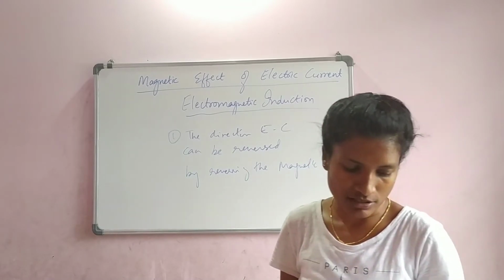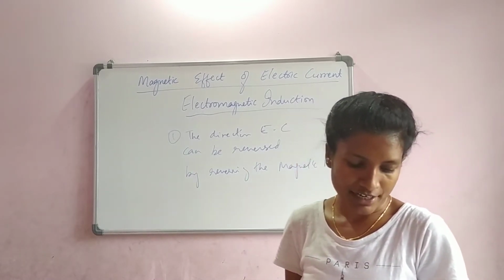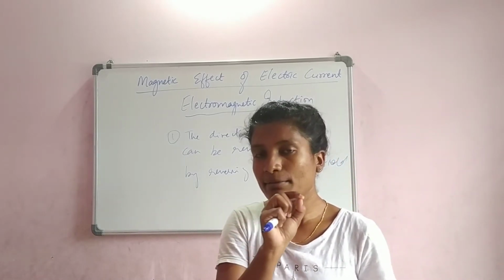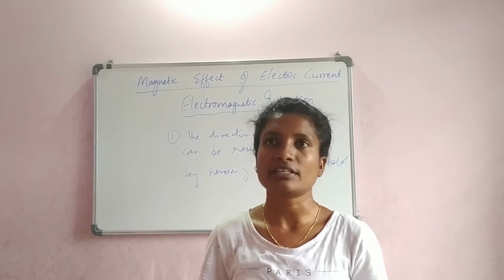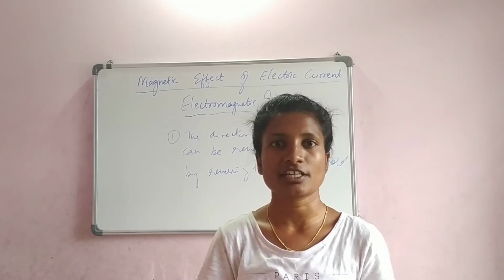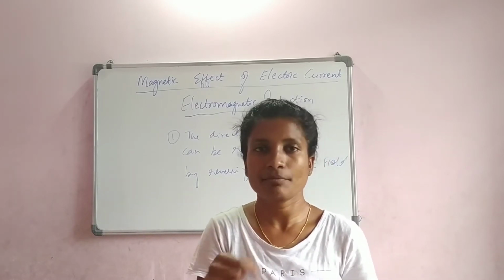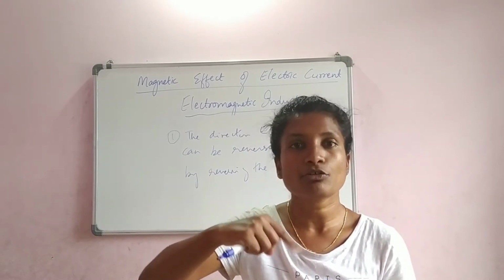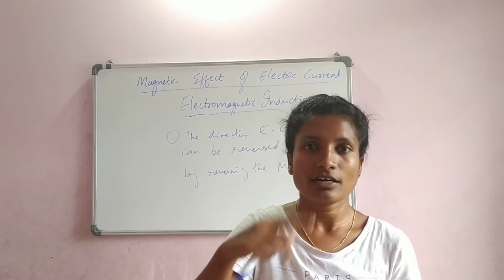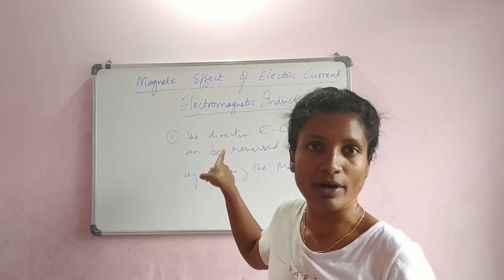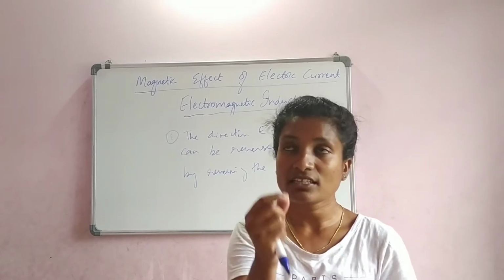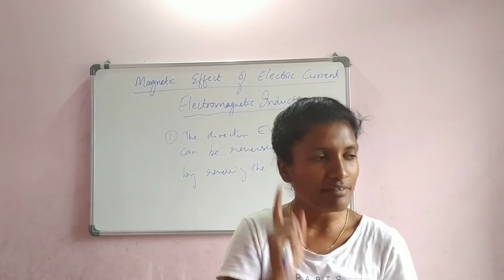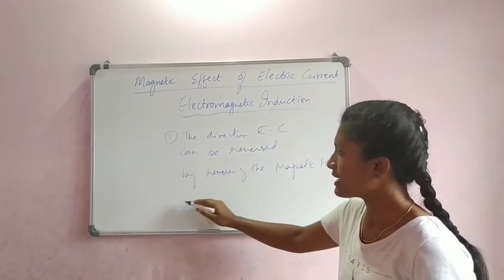Then the next observation that was made: the movement of a wire in a magnetic field can produce electric current. If you had made that wire a fixed wire, then the possibility of getting electricity was less or none. Maybe there was zero electricity generated or very little. We made the wire move. Yesterday I made it a point, when we did that mercury experiment, the kick wire experiment, that we have to make the joint a movable joint so that the wire keeps moving. Only when the wire moves is the current produced.